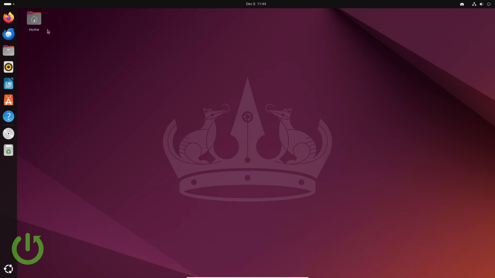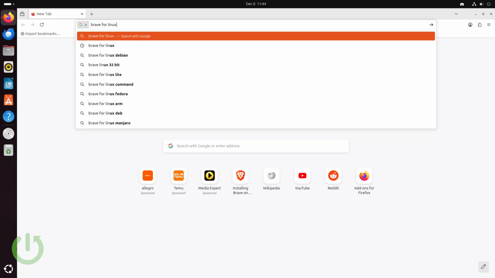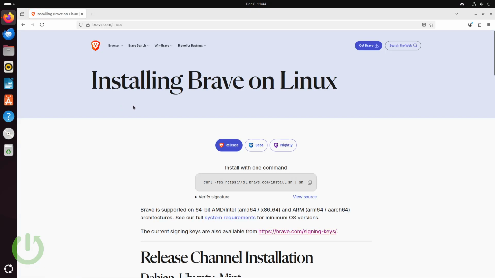So in order to do it you have to open a browser, for example Firefox. It is downloaded by default so we can use that, and we have to type in Brave for Linux basically. And now we have our first site, so we have to click on that. And now we have a command that we need to copy by pressing this button on the right side,